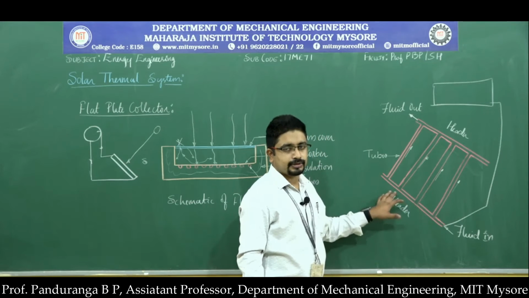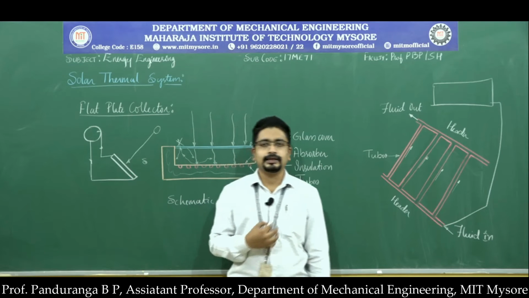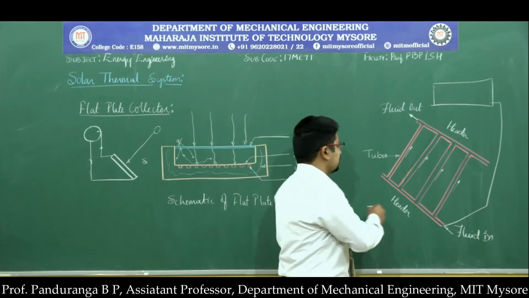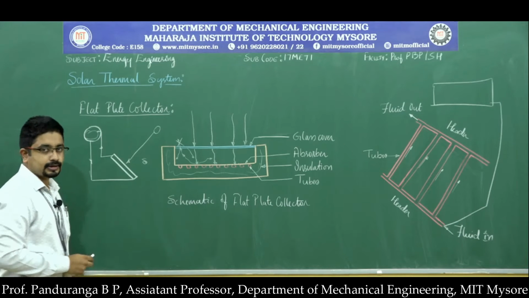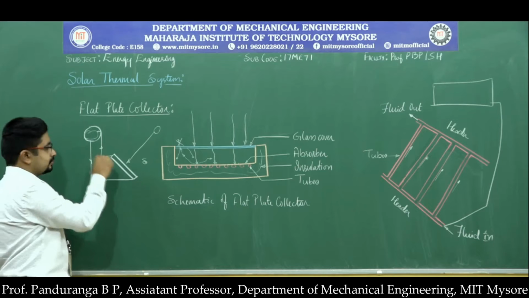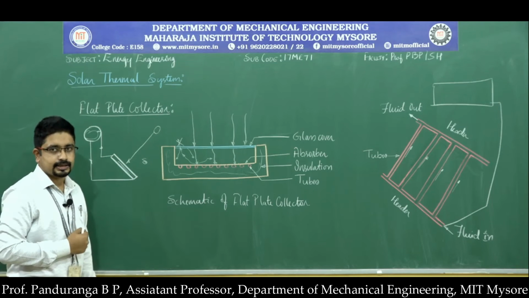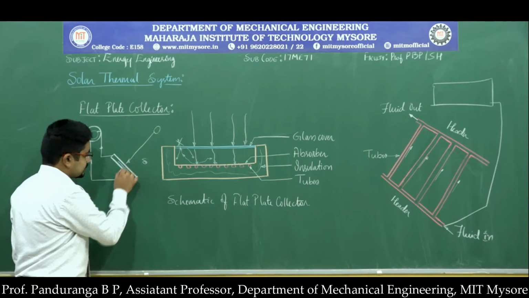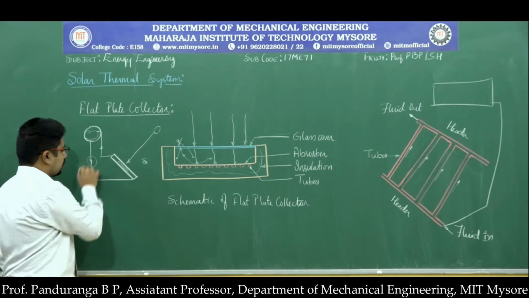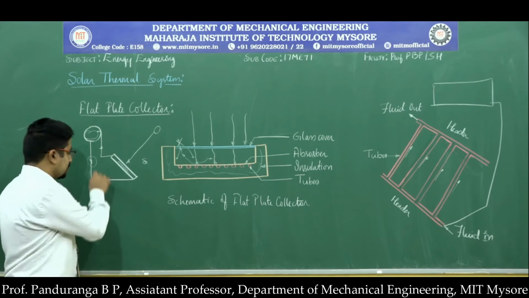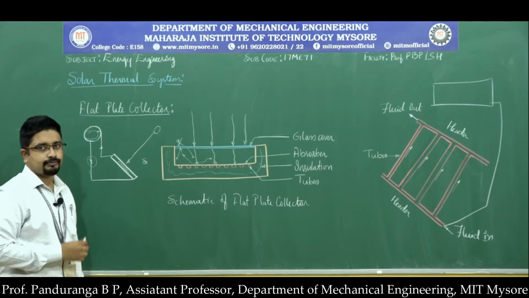So the water will enter from here, and as the water gets heated up, its density reduces, it becomes lighter. Here you can see that the tank already has a certain amount of water and there is no valve here. So when the water in the flat plate collector gets heat energy, it becomes lighter and its density reduces. The more dense cold water present in this tube will have higher density than the water which is heated in the flat plate collector.